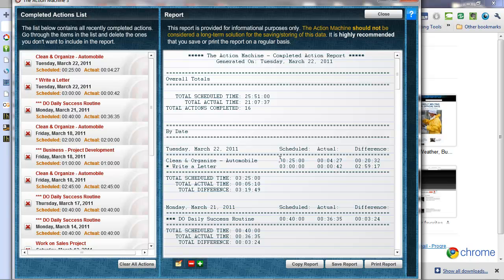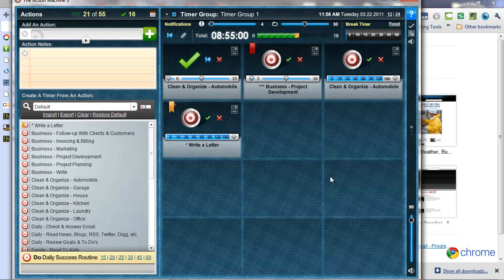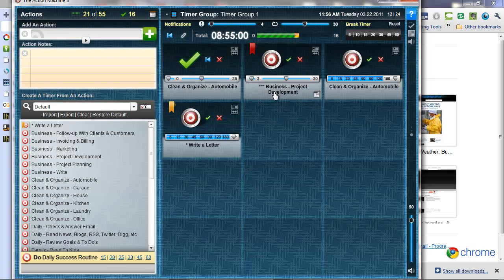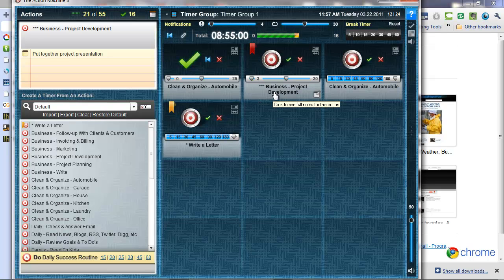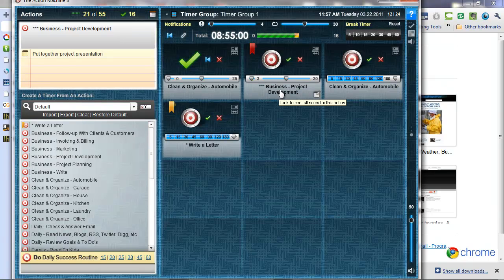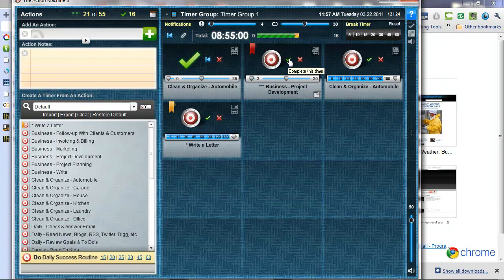As you know, if you're a user of the Action Machine, each action that you create a timer from and complete can have a set of notes associated with it. To display notes and hide notes, you use these two buttons right here, the plus and minus. Before I do that, let me close the report panel and show you how it works. Let's say you have this timer called Business and Project Development, and you've added the notes you can see over here, put together project presentation. That's just some simple notes I added to this timer. So when I complete this timer